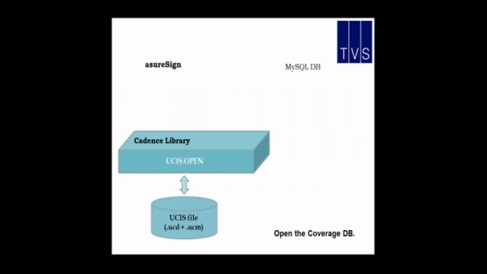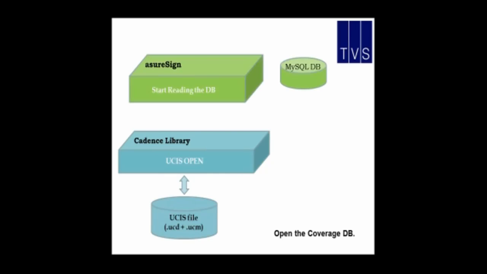So we're working with this example with Cadence. This is some work we've done with Infineon, but it also works with Mentor as well. So we start with the UCIS file. We use a Cadence library. Up the top is SureSign, and SureSign works with a MySQL database to store all the data from